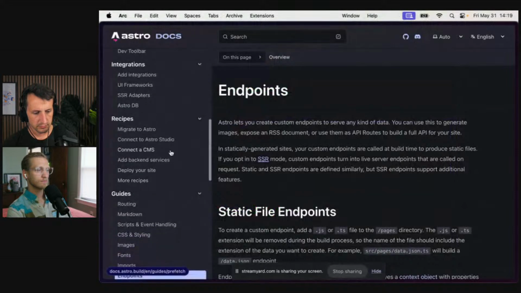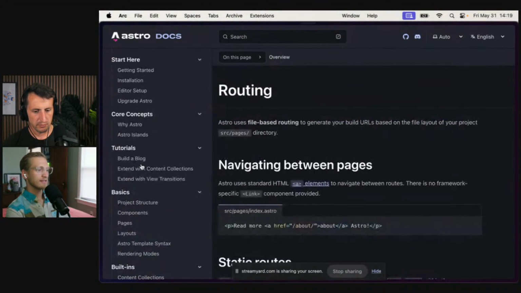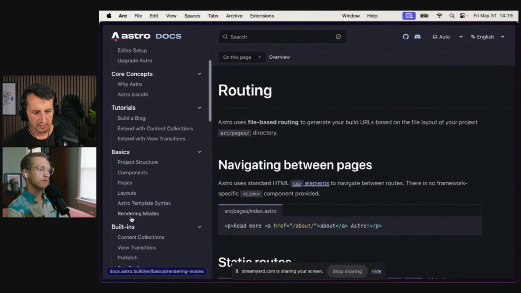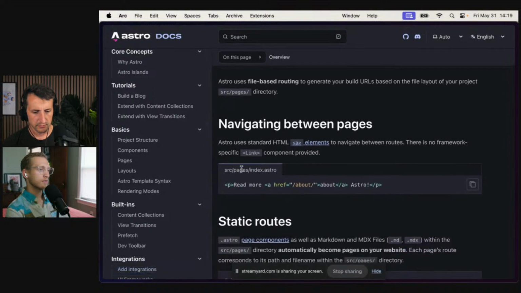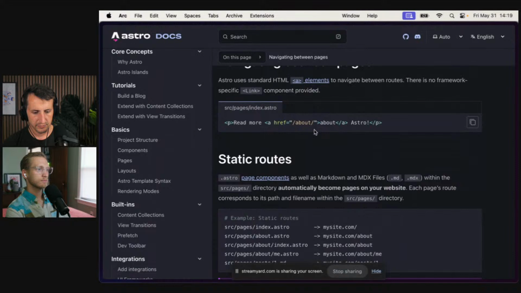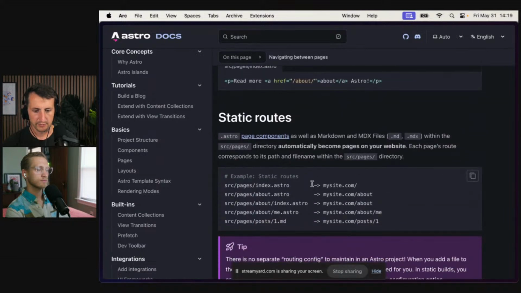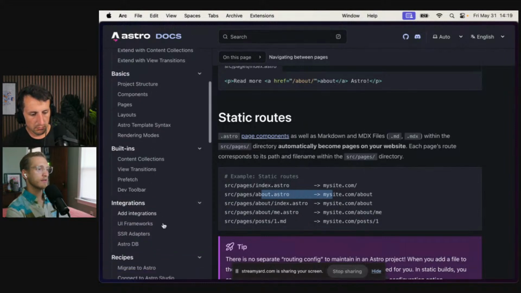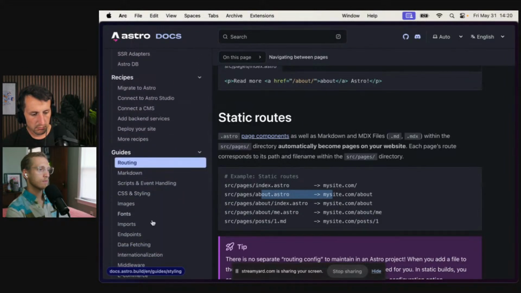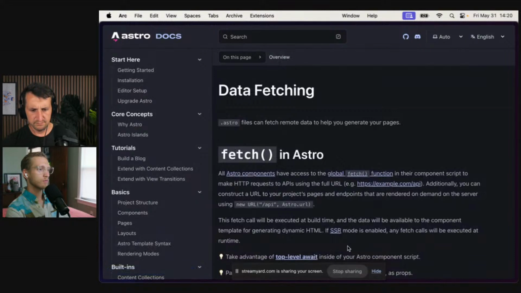All right, so server side. Let's see what we find. We've got routing. Data fetching feels promising. I think you're right. I wanted to see here in terms of pages, the index.astro is what we're seeing. And I think this is file-based, right? Based off of what your file name is, you're going to get the route as a result. It's a really nice, interesting pattern. Nice. I do love file-based routing like that. All right, data fetching. So we need to hit the Mux API to create an upload.